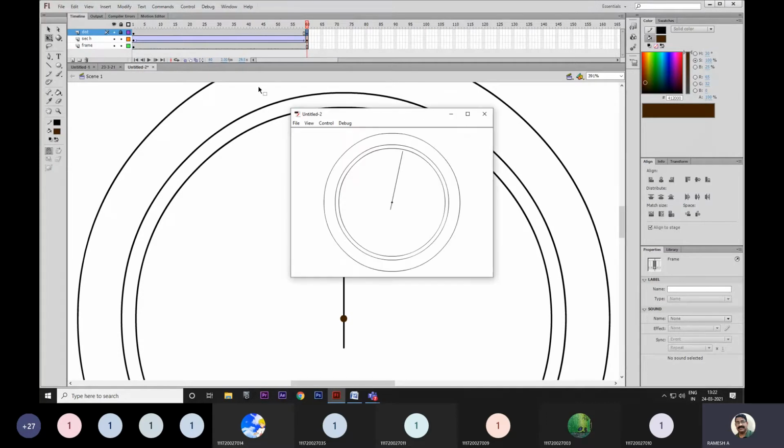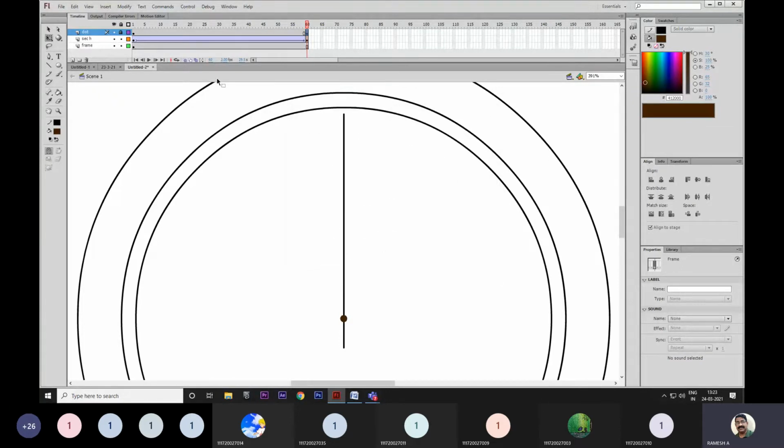Now control enter. It is going to take exactly 1 minute. Oh, it is going to take 1 minute? No, sir. 30 seconds. Very good. Because you have given the frame rate as 2, you have to change the frame rate to 1. Instead of 2, you have to give 1. Now you can understand what the frame rate and frames are. This is only for the understanding. Okay, now control enter.